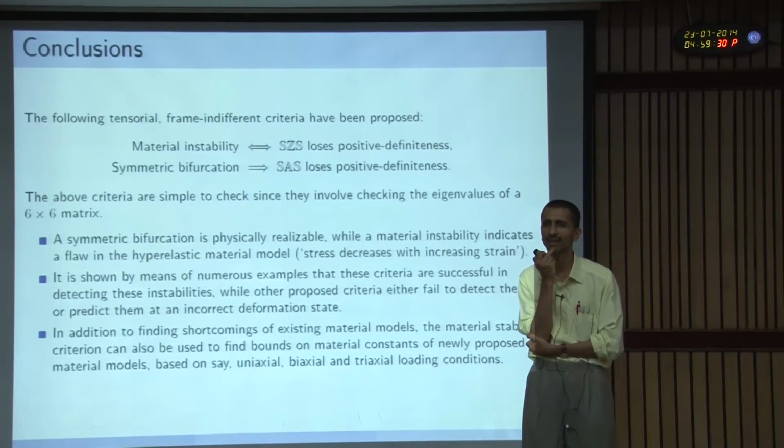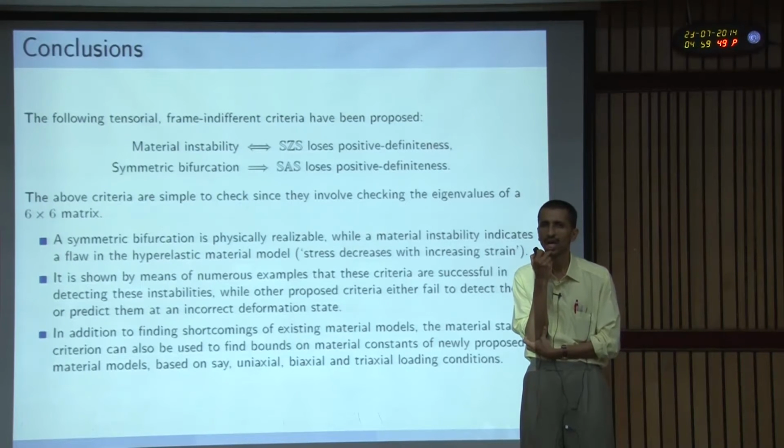The way I have usually seen these things being done, starting from Leibniz's idea of stability, we start to get more and more sufficient conditions. We come to convexity, we find convexity too restrictive. Then you see quasi-convexity, which is a sufficient condition for stability. Now, quasi-convexity is also sometimes very difficult to check. That's why you have polyconvexity, which is a sufficient condition, but not a necessary condition. And polyconvexity, as it turns out, is easier to check.